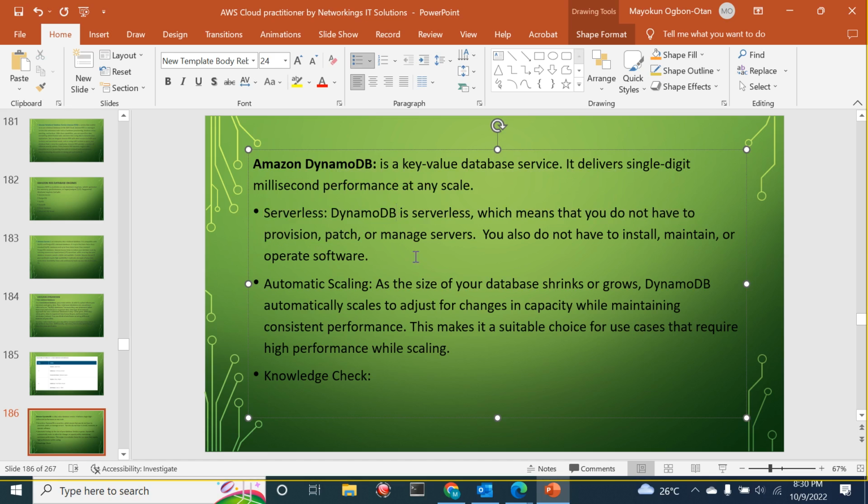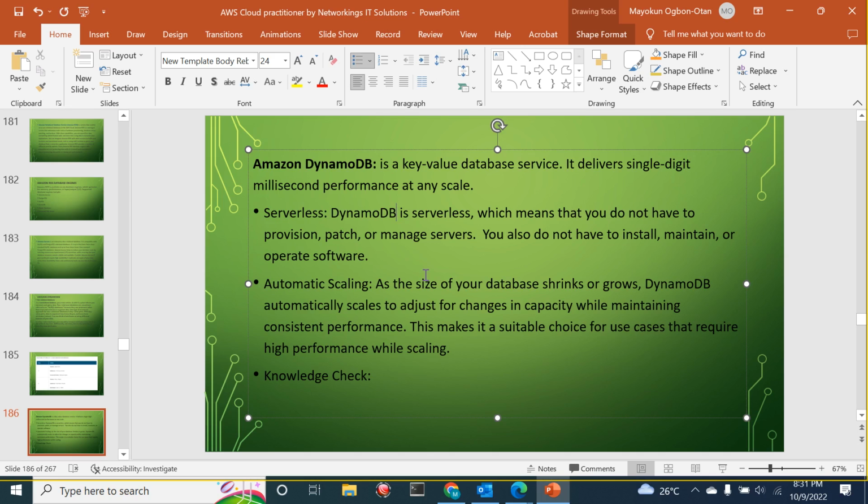What does it mean? Who can recall what we mean when we say something is serverless? Just like our Lambda. Remember? Lambda is serverless, which means that you don't have to provision, patch, or manage servers. You also do not have to install, maintain, or operate the software. Just tell them you need DynamoDB that can store this, push your information there, your database there, and then you see the second thing,